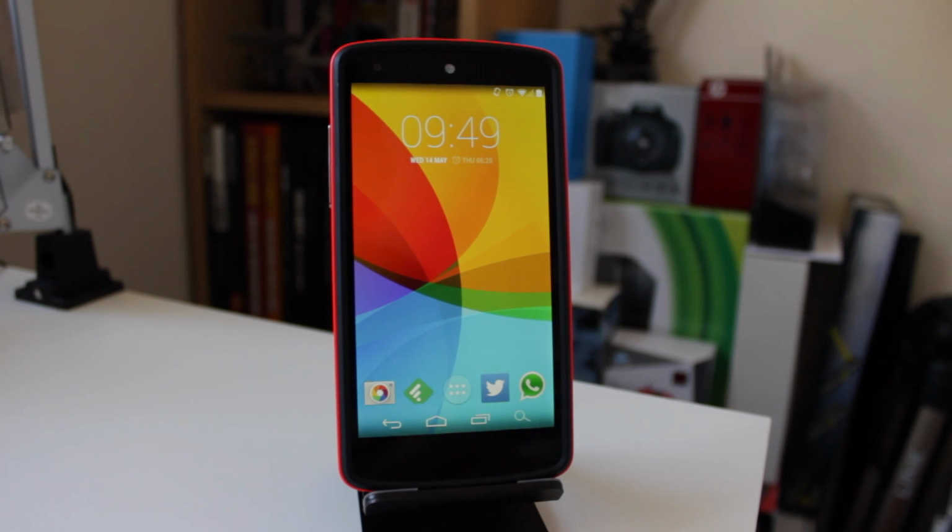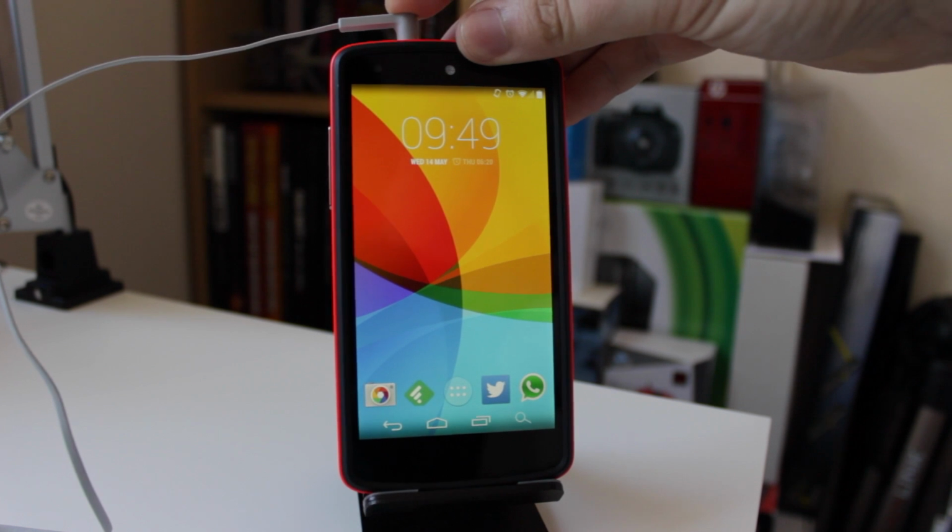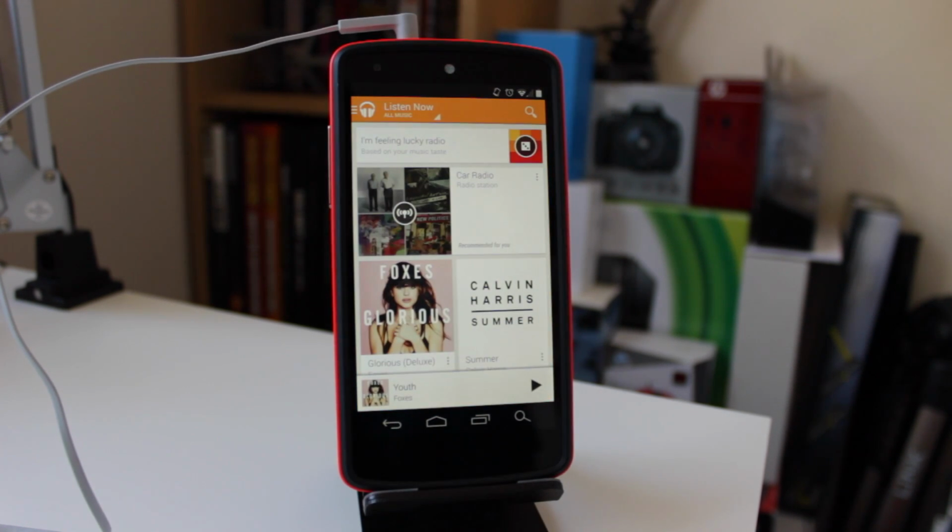Now one thing that I like about Cyanogenmod is if you plug in a pair of headphones, it automatically launches the music application. So this is great, so if you are driving and things and you don't want to be touching your phone that much, as long as you've got the headphone jack plugged in, it's going to launch whatever music app you want. And the first time that you do this, you can select a music application of your choice. For me, it's going to be Google Play Music, but you can select any music app that you have on